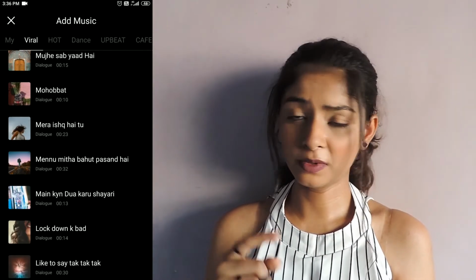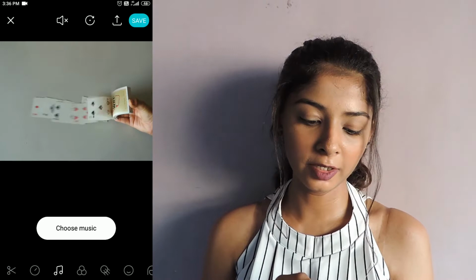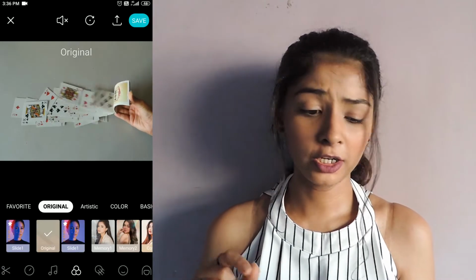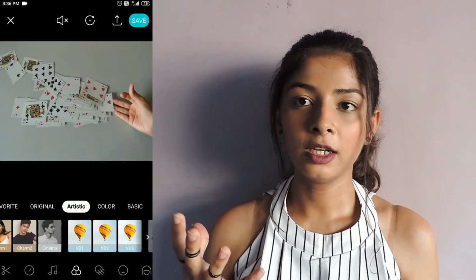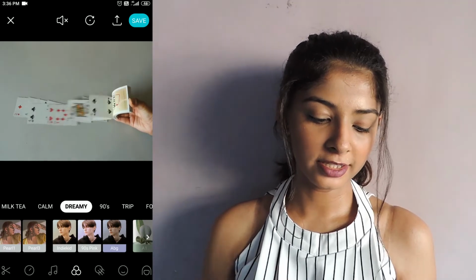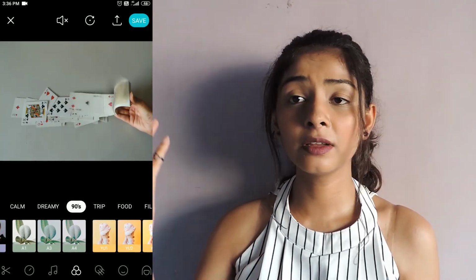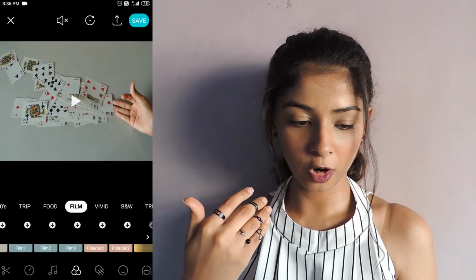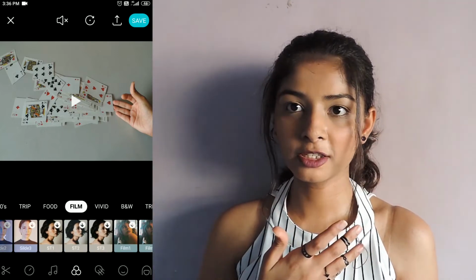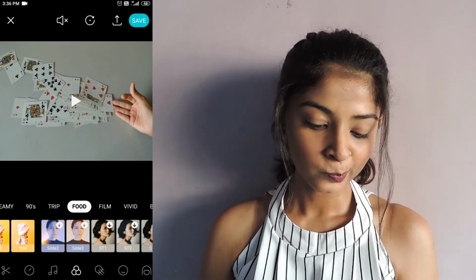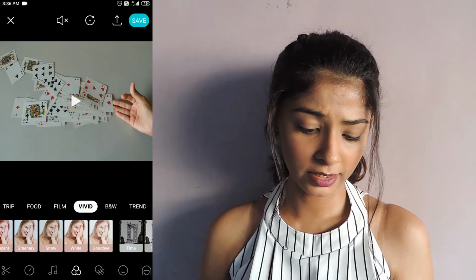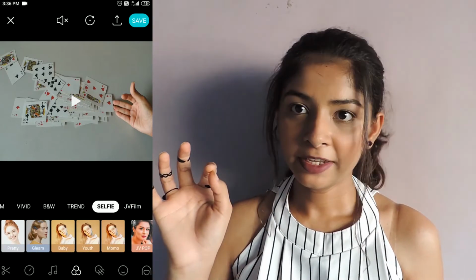Then you have the music option. Like I said, there are inbuilt musics in it. So the next is the filter option. If you want any different color changes or anything, just go to the filter and select the different filters. There are even color options where you can absolutely change the color of your filter, and that is also cool. Then the next one is the 3D effects filter.